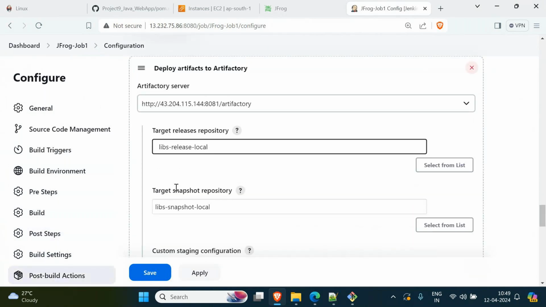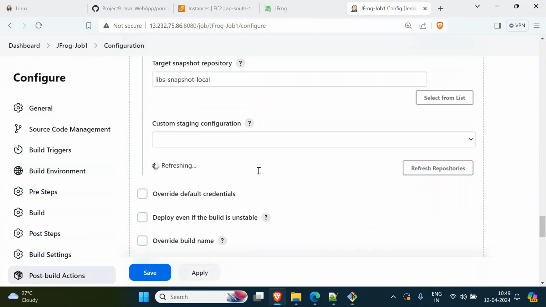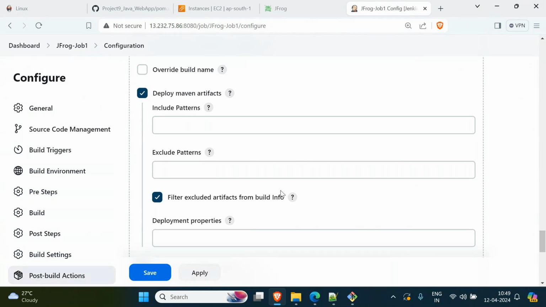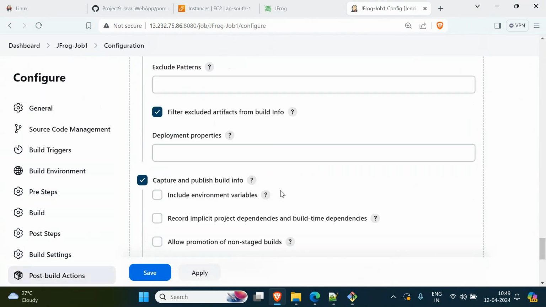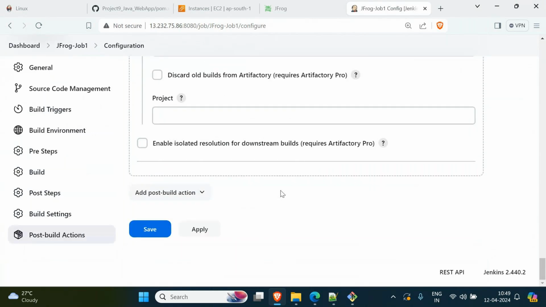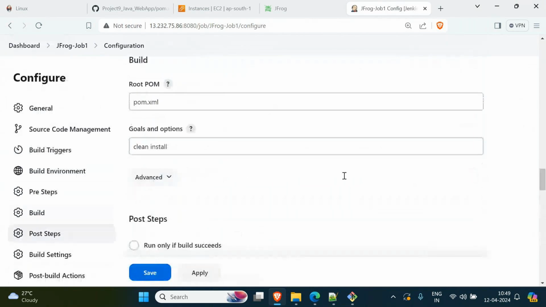So the location I am specifying, and then what I will do, anything remains still? Nothing. So till now, what I did,